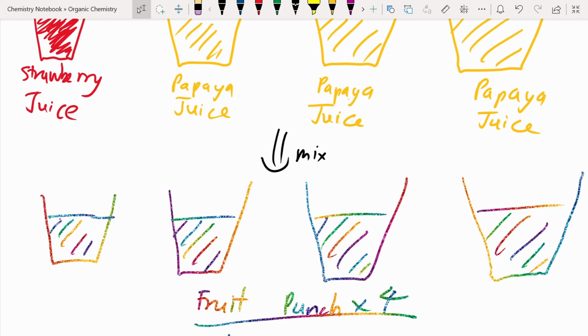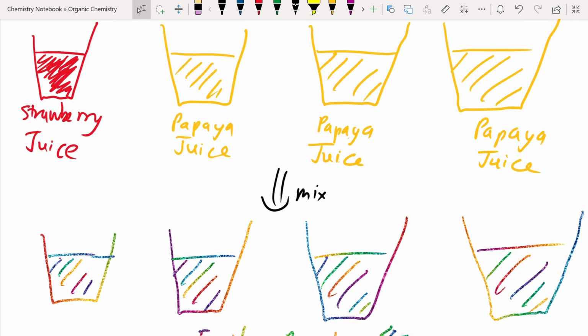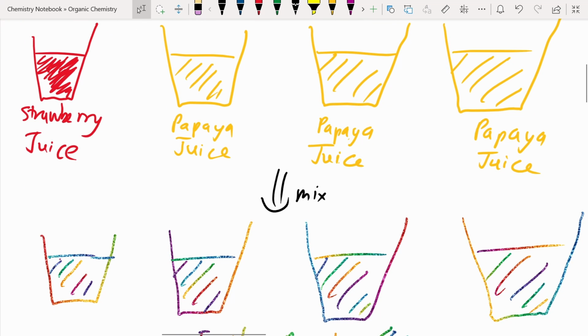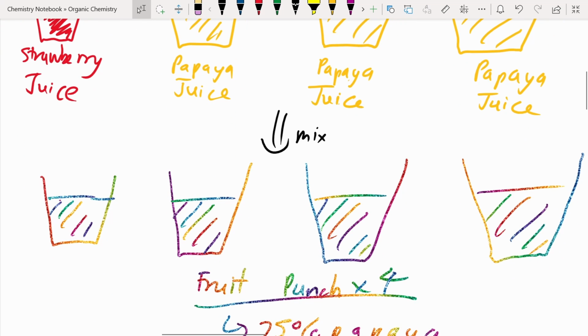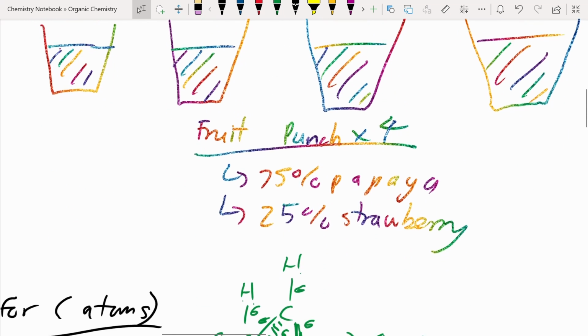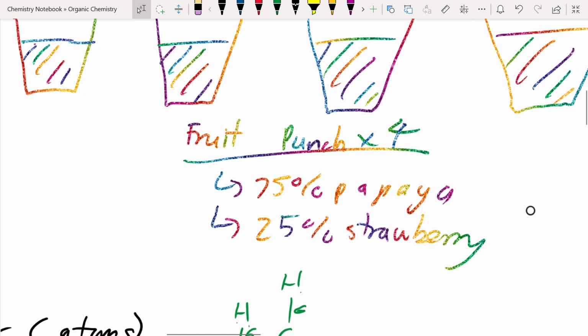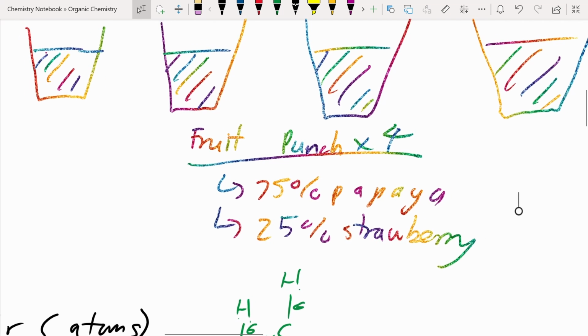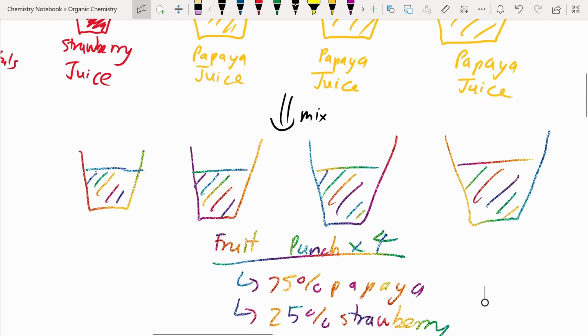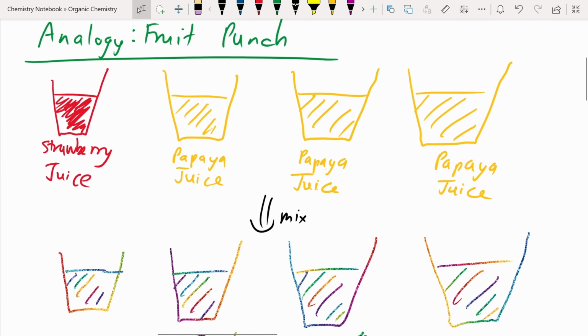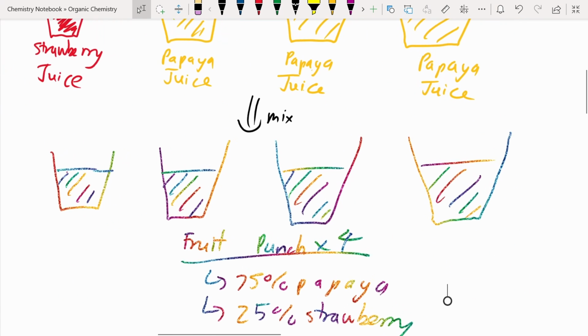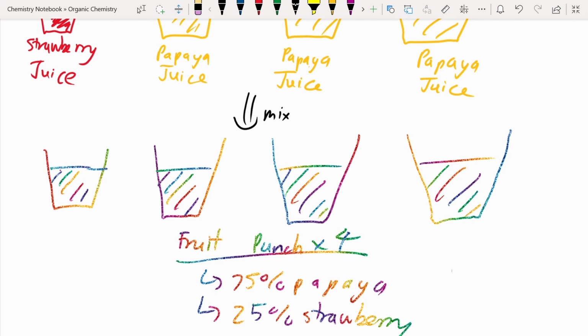So each fruit punch will contain 3 cups of papaya juice and 1 cup of strawberry juice. So that is in a sense a mixture. Imagine your strawberry juice as your 2s orbital and your papaya juice as 2p orbital. So that's how you are able to get 75% papaya and 25% strawberry. In a sense, it's formed from 1 strawberry juice and 3 papaya juice. And we can say this one is the sp3 orbital. Moving on,